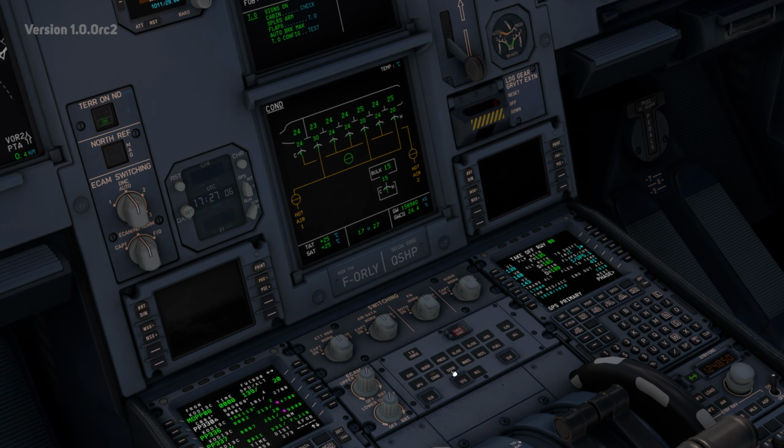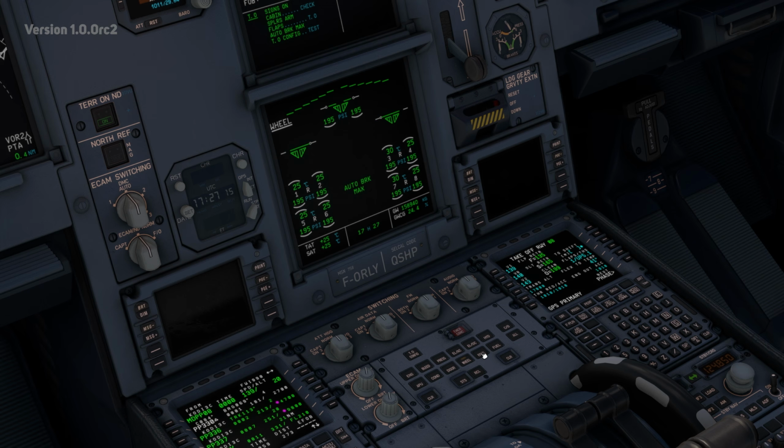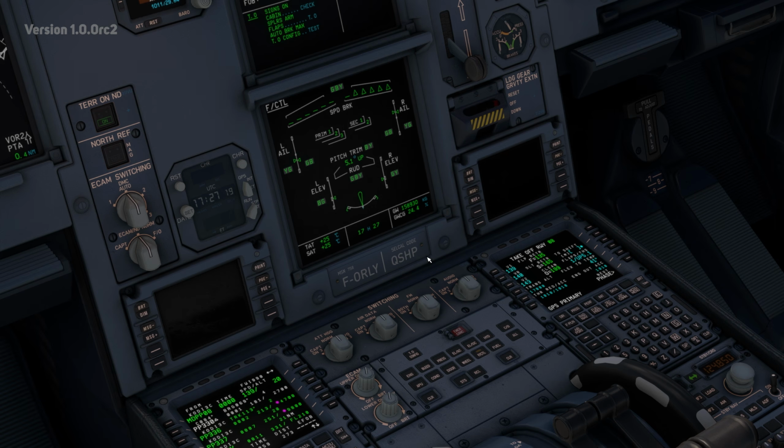We've then got our conditioning, we've got our doors, which currently are all prepped. I don't know how you arm the slides. Wheels, as we just saw. Flight controls. Okay, so let's just do a very quick test. So we see that our pitch has been set. I think that's done it automatically because I certainly didn't set that. So yeah, full up, full down,